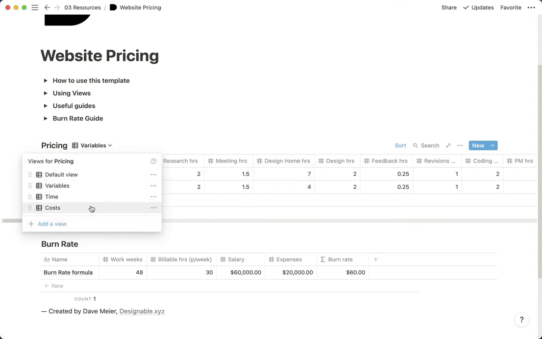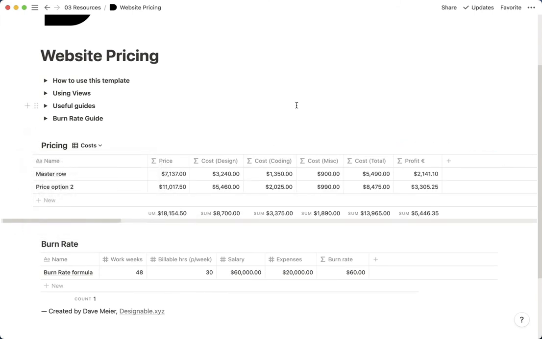The last view is costs, which goes hand in hand with the time view and estimating this. But again, costs break things down by design, by coding, and by miscellaneous, and shows you your total cost and shows you what your profit is going to be on top of that total cost. So it gives you a more strategic look that even though somebody said, oh, yes, they agree and they're going to pay you $11,000 and everybody thinks it's brilliant, realistically, after you've paid all your bills and paid yourself a salary, the profit you may make out of that may be only 3,300,